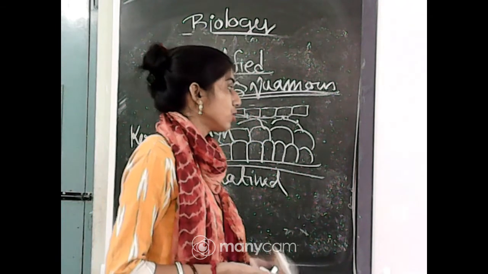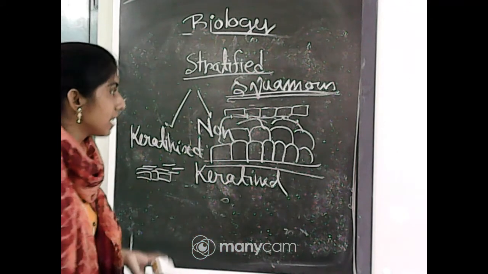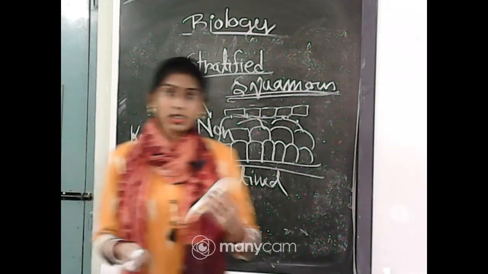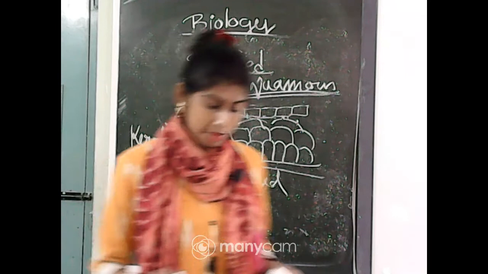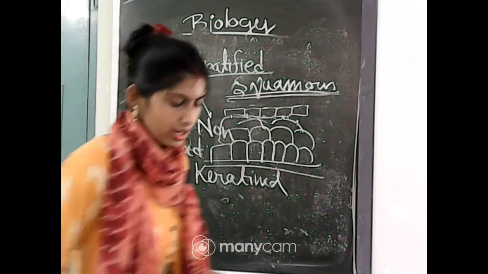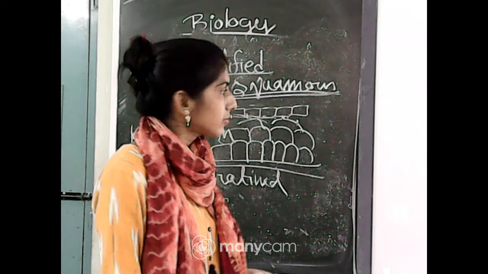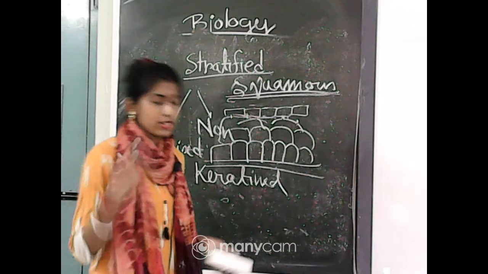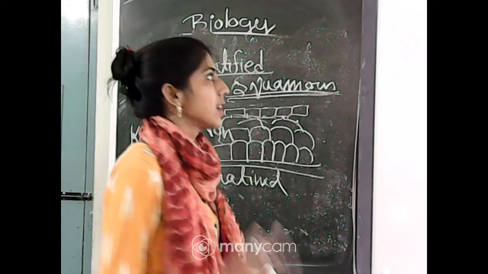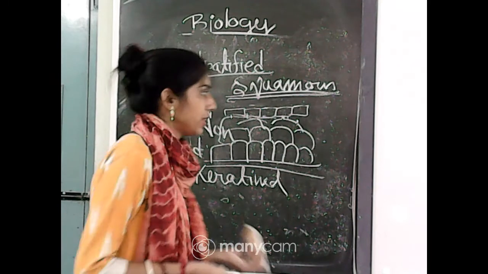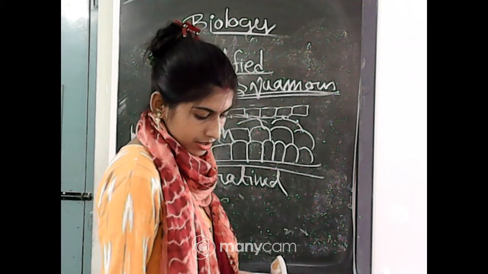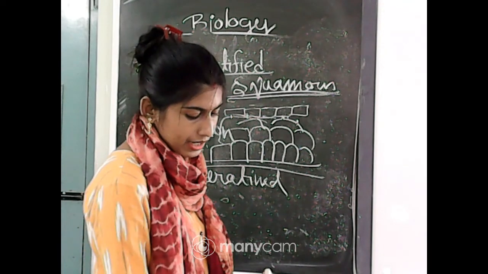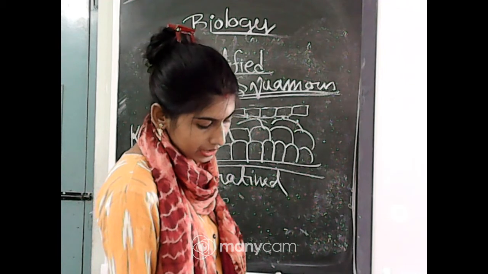Keratinized tissue is mainly made up of dead cells. That's why it can be found particularly in the skin, on dry surfaces. And in the moist surfaces like the buccal cavity and esophagus, non-keratinized stratified squamous epithelial tissue can be found. So these are the locations of keratinized and non-keratinized epithelial tissue.